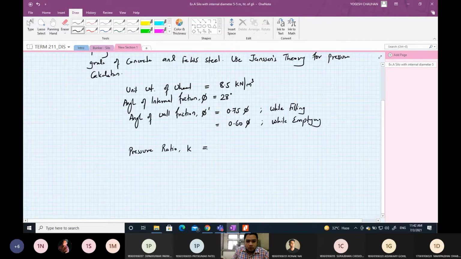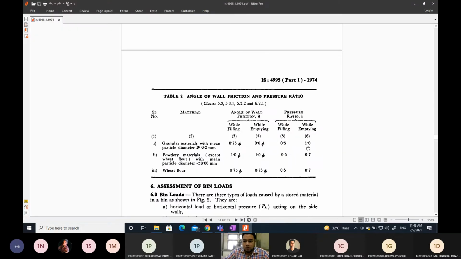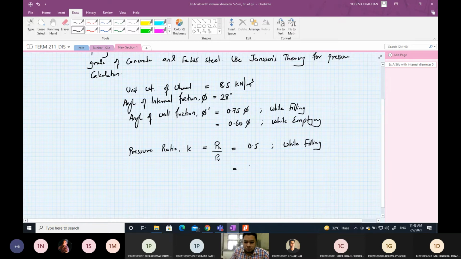That is K, which is the ratio of horizontal to vertical pressure, and that is 0.5 while filling and 1 while emptying. Okay,